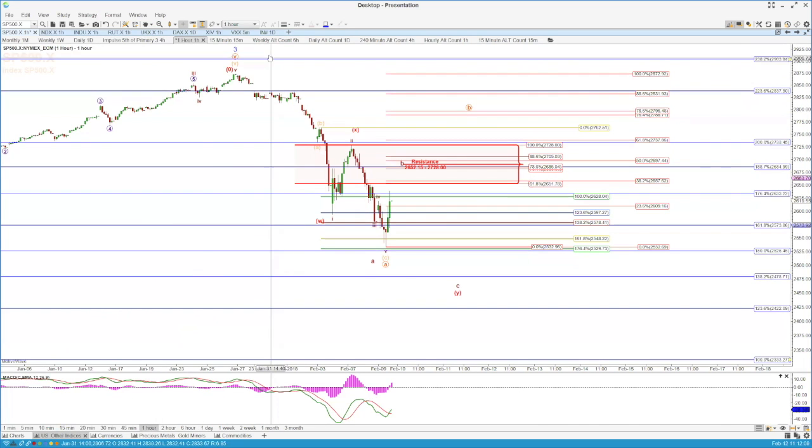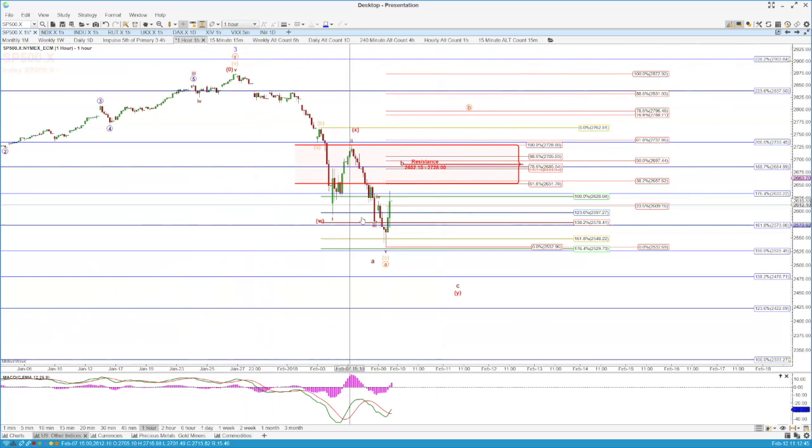If I come down and just look at this in the hourly chart, if this is the top of the wave 3, the question is how to count this move down. My primary count here is that we've got an A, B, and then a diagonal into the bottom as a 1, 2, 3, 4, 5. And from there, we're looking for a 5-wave impulse, but we need to take out this resistance zone here, followed by SPX 2796, and then obviously the all-time high.